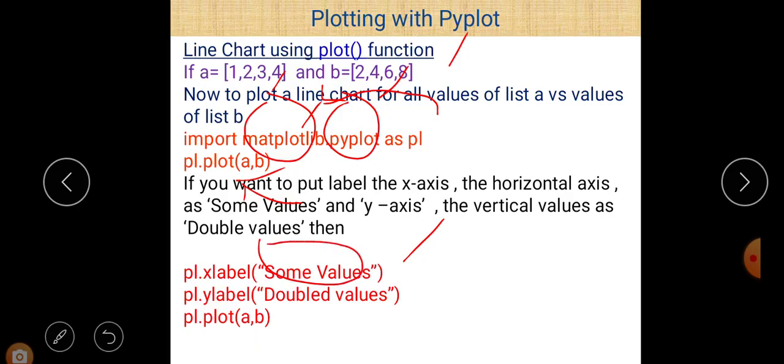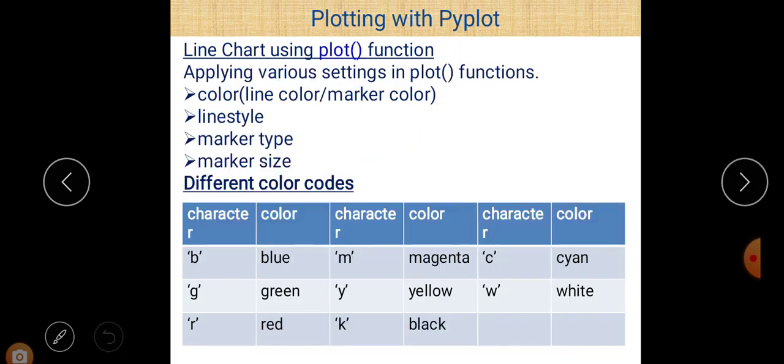Some values is the name of the x label and "double values" is the name of the y label. After that we use the plot function, plt.plot(A, B). So a graph is drawn between the values of A and B. Actually a line chart is there after the execution of this statement. Now, line chart using plot functions.